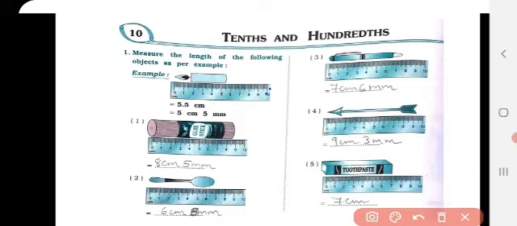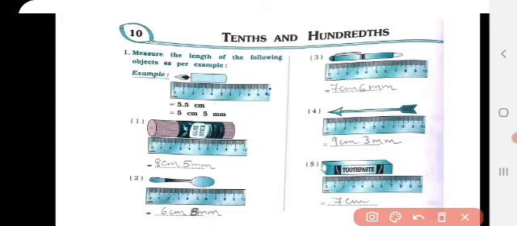In between 5 and 6 we have half of the 10 divisions, that is 0.5. So 5.5, so whole 5. After 5 we have 0.5, the length of the candle extending to 0.5. So till 5 it will be centimeter, and after 5 whatever you see in between 5 and 6 will be millimeter. So your answer is 5 centimeter 5 millimeter, the length of the candle.